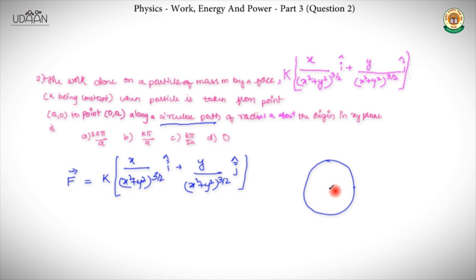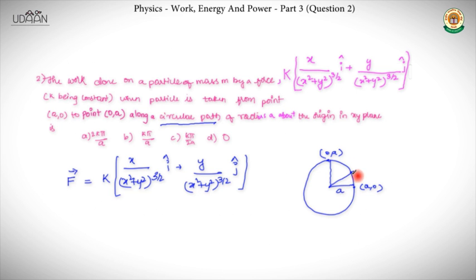and let the center of the circle be the origin. Okay. So this position will be a comma 0, and it has moved to the point 0 comma a, and in the given question the radius is a, fine. So the perpendicular thing will be 0 comma a. Okay. So let us assume some instance